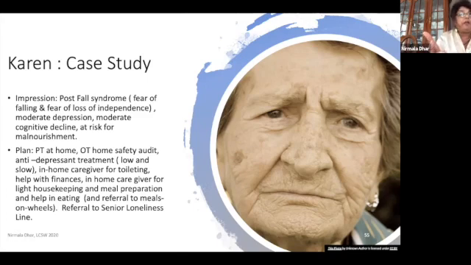And maybe referral to a senior loneliness line for social isolation. Remember, she is calling her daughter repeatedly. Her daughter is already caregiving for her husband who has cancer, and she herself is caught in the middle. They may have children, I don't know. So what other supports can you put in